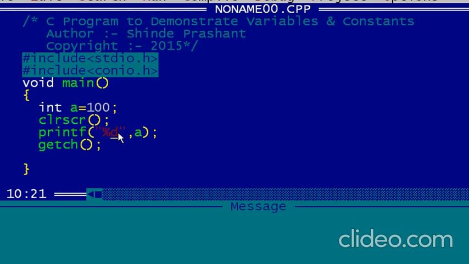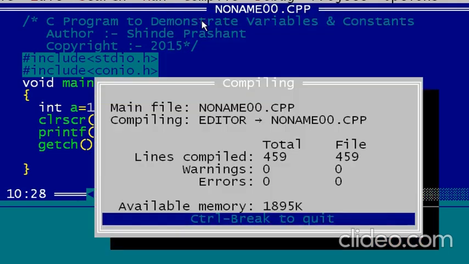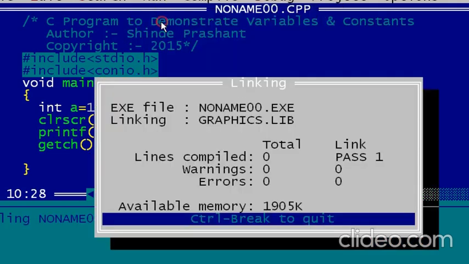Format specifiers are used to read the value from a memory location and display it to the output through the printf function, or to store a value at a memory location. So let's compile it and run it, and you can see it displays the output 100.